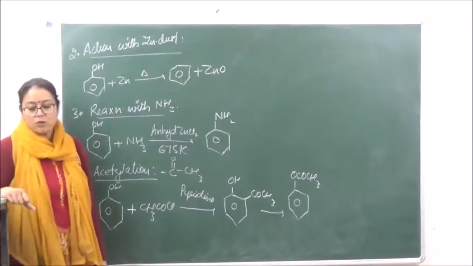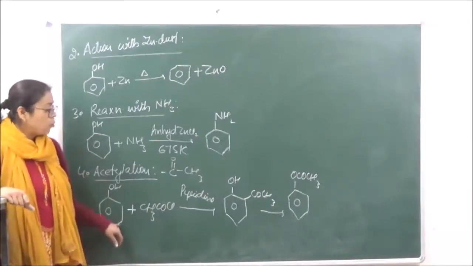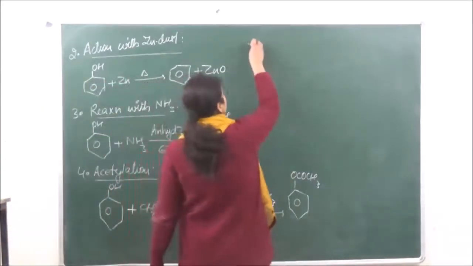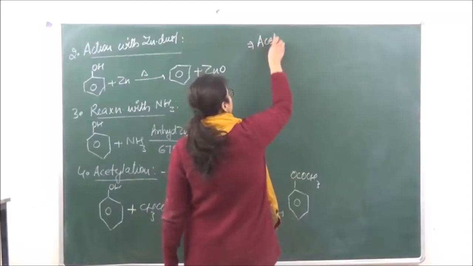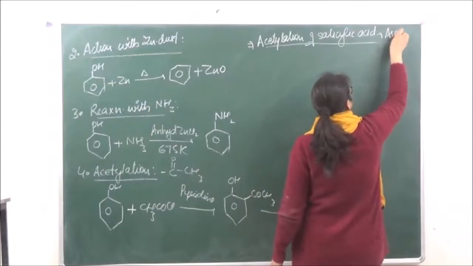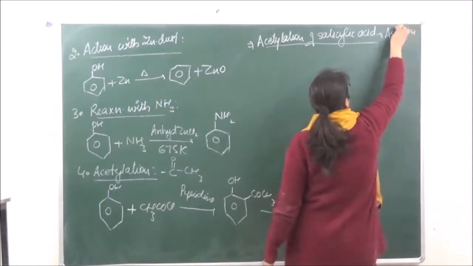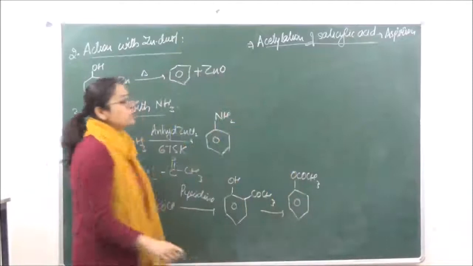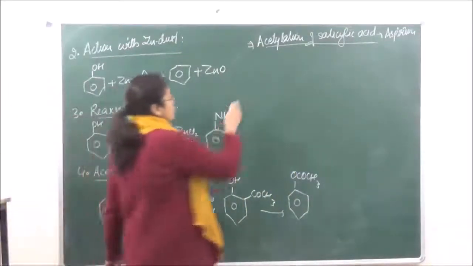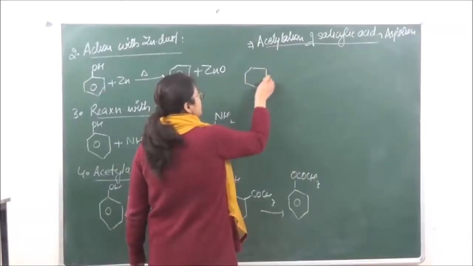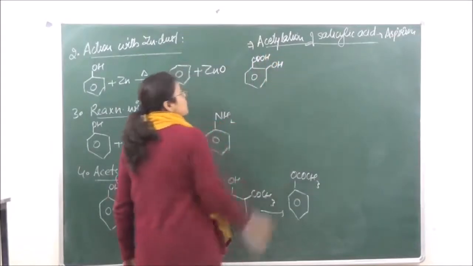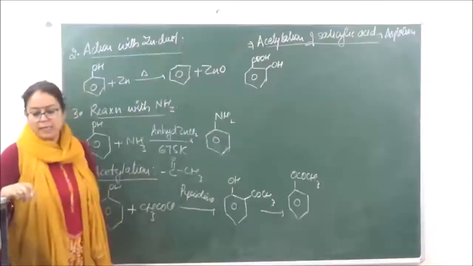Now over here, if you're doing the acetylation of phenol, it is giving us acetophenone. But if you're doing the acetylation of salicylic acid, this is going to give us aspirin. This is a very, very important reaction. From your examination point of view, it is going to give us an analgesic, which is aspirin. So how do we bring about the reaction? Salicylic acid is COOH and OH. This is going to be salicylic acid.